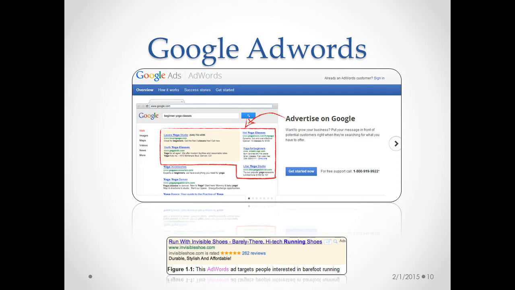So how do you set one up? You can actually set up an AdWords account in about 5 minutes for about $5. And I'll walk through that in the next couple slides. Your ads can be seen by thousands of people searching specifically for what you have, and you don't have to pay 1 red cent until a searcher clicks your ad to visit your website.